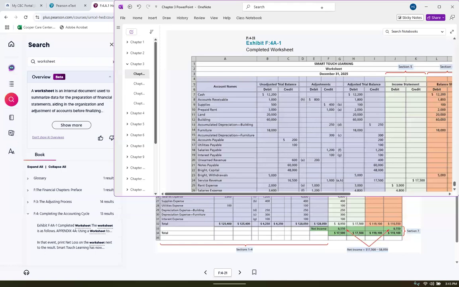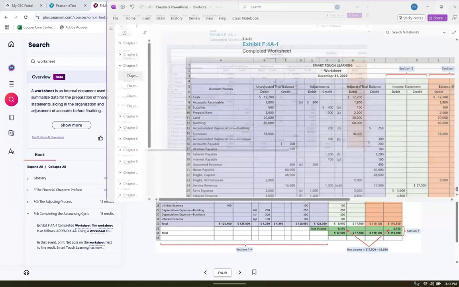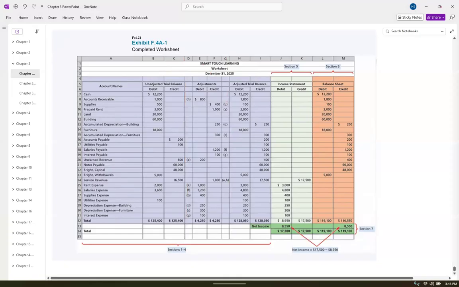Okay, so steps 3, 4, and 5. Once you get to this next section, you notice the totals of the debits and credits are equal. Once we separate them out between the income statement column and the balance sheet column,